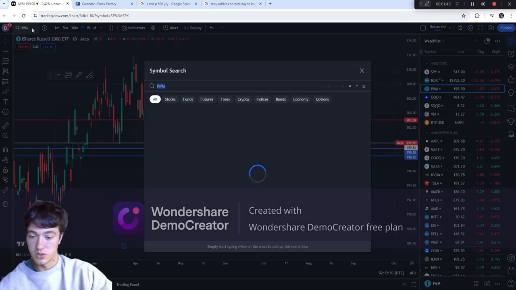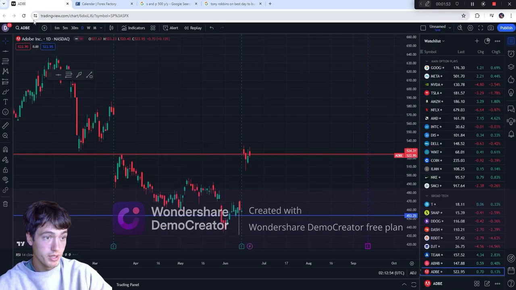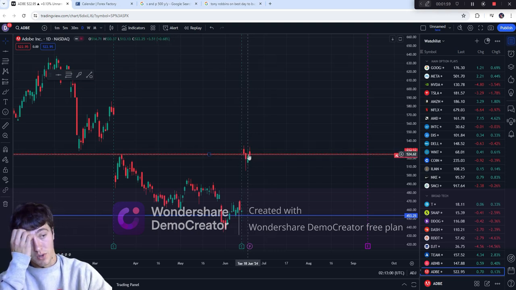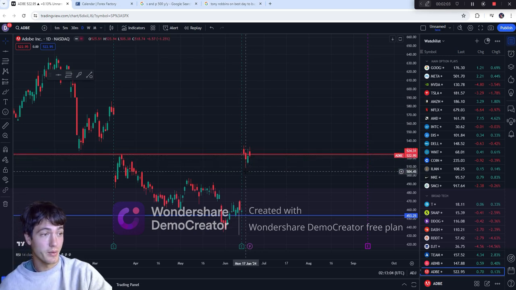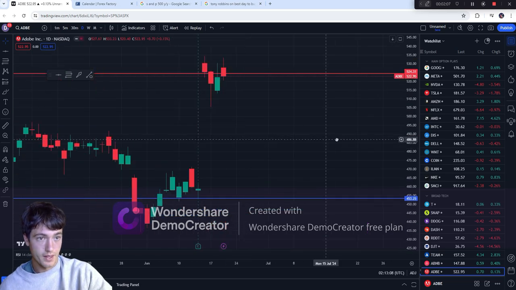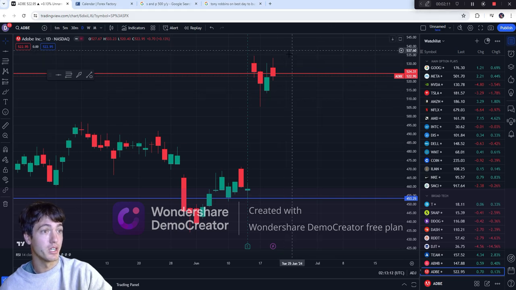Let's just go into some other plays like Adobe. Adobe is at its resistance right now. You see that it went up a lot off of its earnings. So right now it's at its resistance. We're going to want to see if it wants to pull back off that resistance. You see how we had some pullback here off that resistance. Now we're maybe expecting a little bit more pullback before we go up, right?